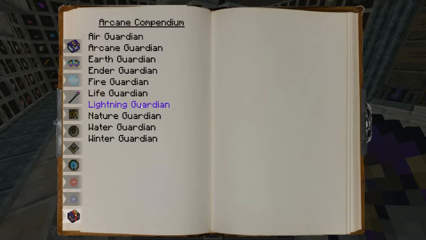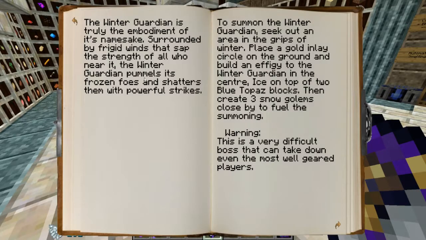Lightning, I think he's broken in this version. Nature Guardian, that's usually my go-to for this, except I need to find a way to summon a lot of dryads for that. Water Guardian, he's pretty simple, but he drops blues. And Winter Guardian, I think is also broken in this, because I need to set up, yeah, there's like an effigy thing, and I don't know if that works anymore,